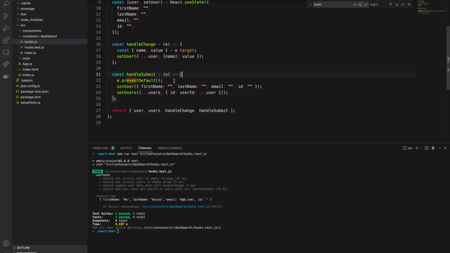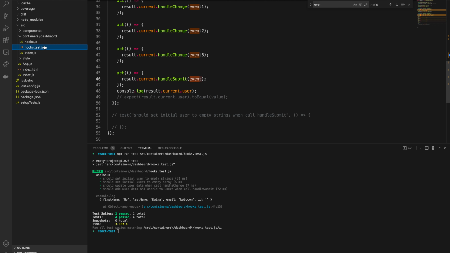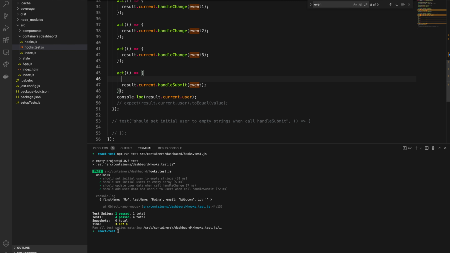And let me just remove this console log, and again let me come back here and create this event const, and the event curly braces, and this object has this key called preventDefault, and it's going to be a function. We are going to use jest.fn, and that will help us to pass it down here. And when we are calling this, then we are expecting the users, instead of user, this array to equal